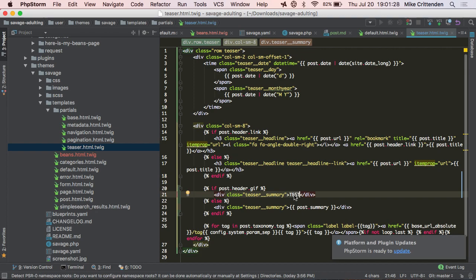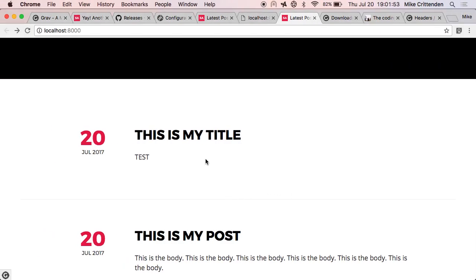So the way that you reference media in Grav, and there's a lot of kind of twig helpers in Grav, and this is just sort of one of them, is post.media, and then the name of the file, and then .url. In my case, it's named baseball.gif. We don't want to hardcode that, but I'm just going to do it temporarily just to kind of show you, and then we'll make it dynamic. So if I do that, we should start seeing the GIF.